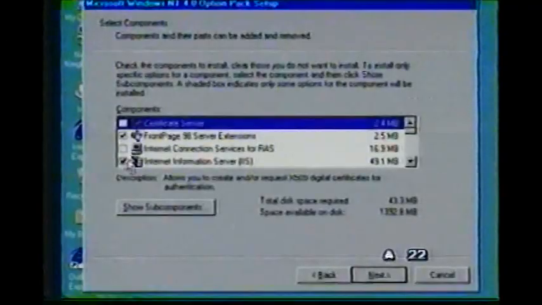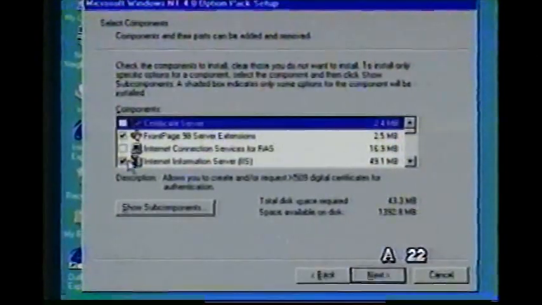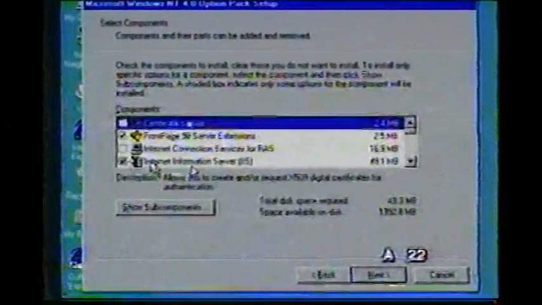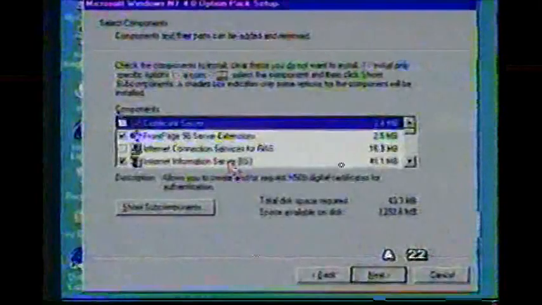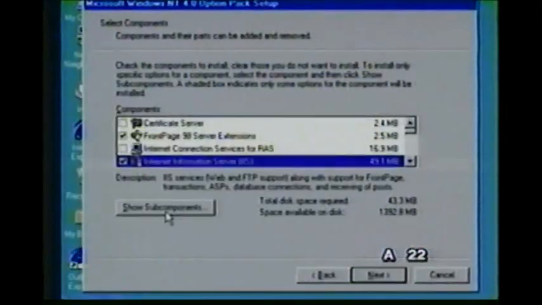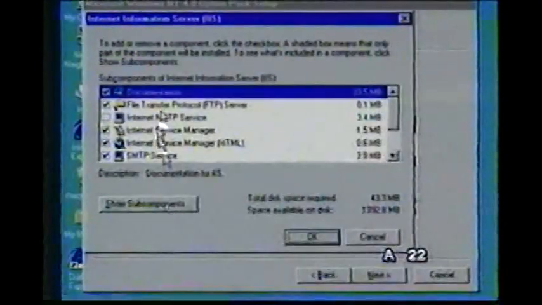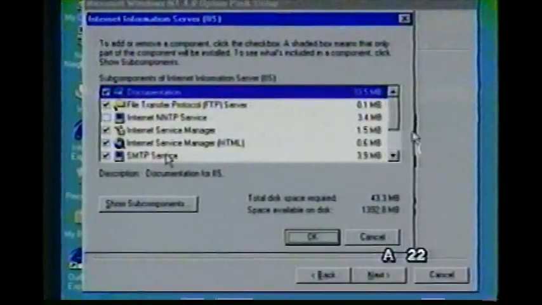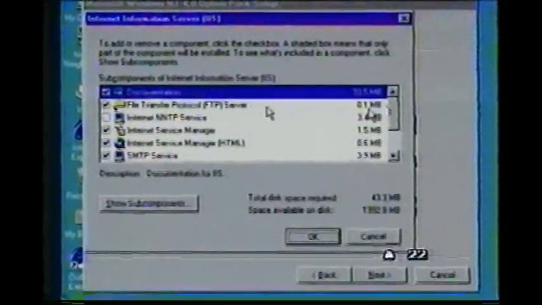When you see a box that's checked and grayed out, what this means is that it has some components. So within the information server, I have available subcomponents that I also can install. Before you click on that, you click on a button down here to show subcomponents. That's going to show you all of the subcomponents available for IIS. It's a good idea to